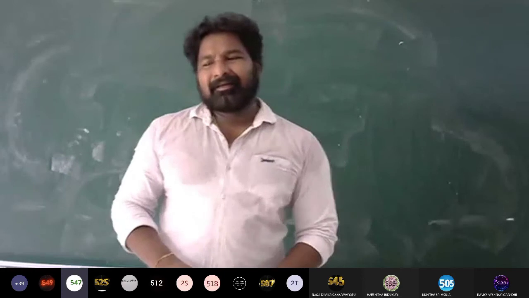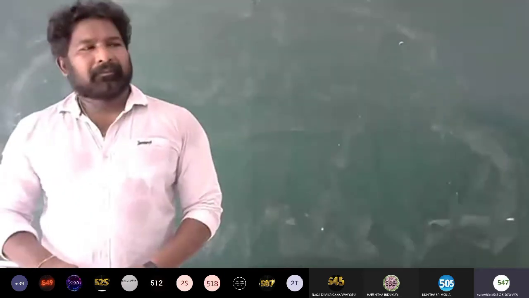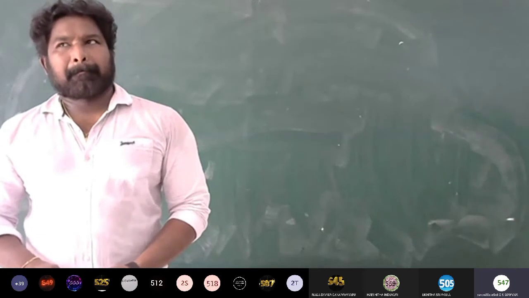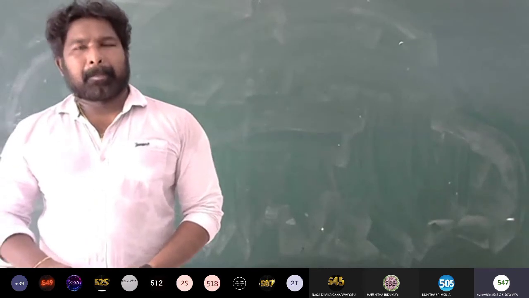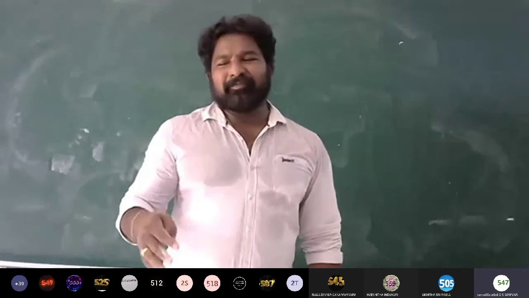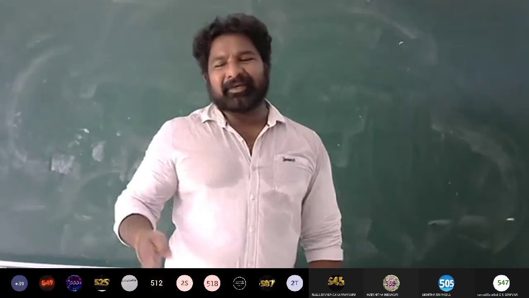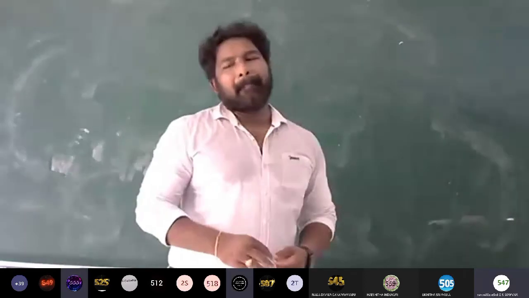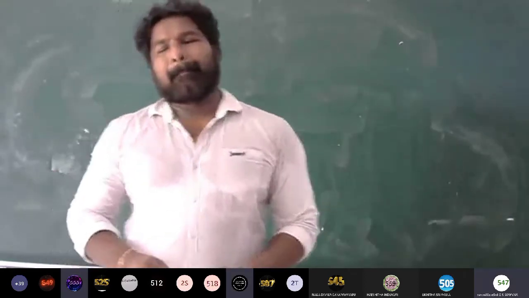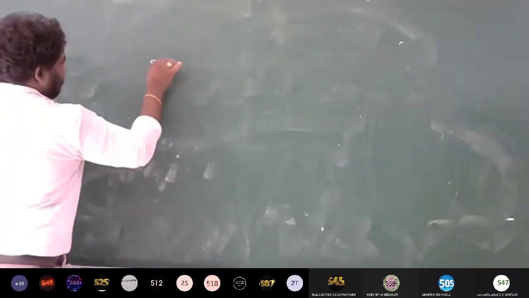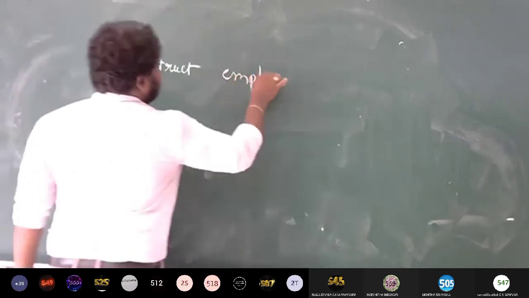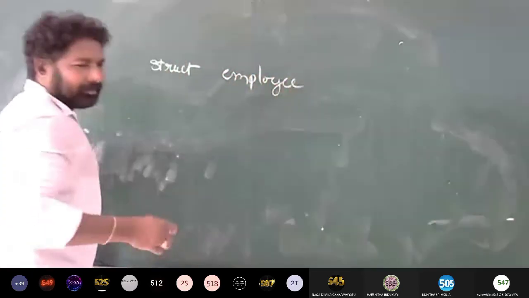Write a program with the employee details of an organization such as employee number, experience, salary using structures and display the employee details on console. What are the various members that I should declare in my structure? Employee number, experience, salary. Okay. So I should declare it as a structure, Employee, right?